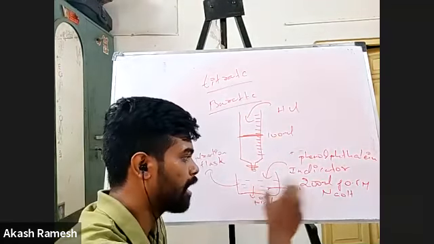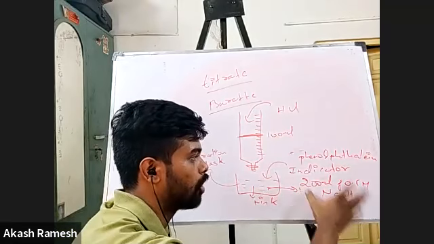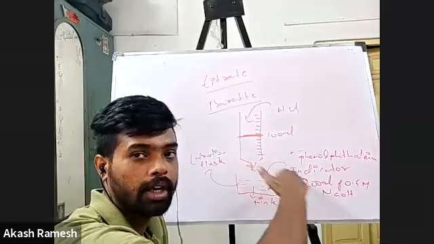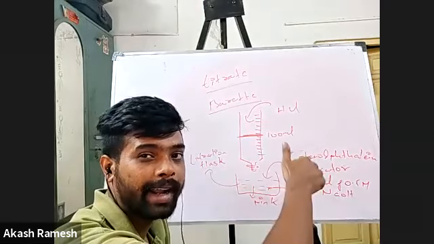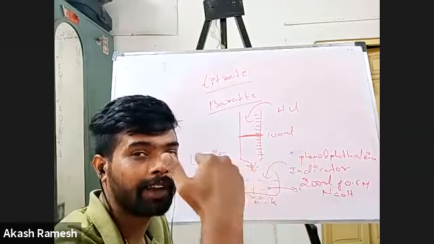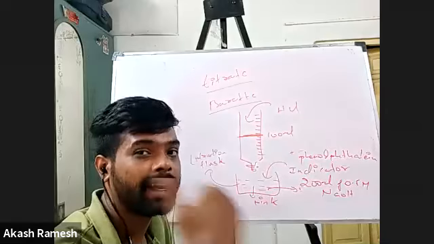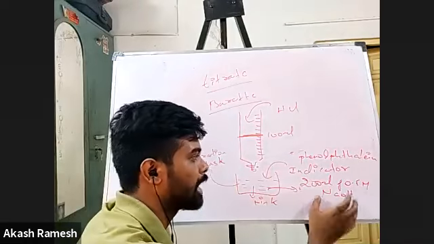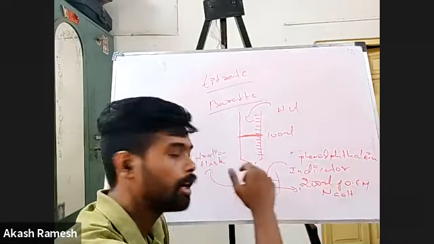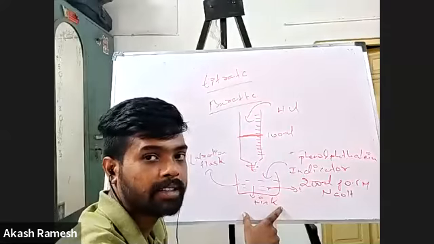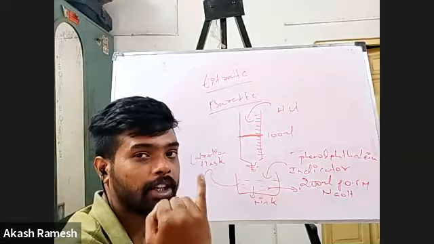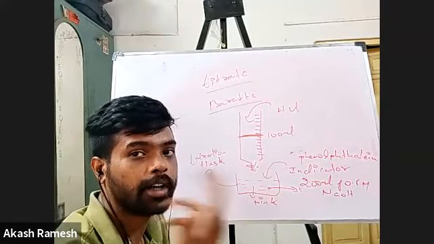And in the titration flask, other than my NaOH solution, I have to add one more thing, that is my indicator. Why is an indicator used? To detect when the reaction is ending. Since I'm using NaOH, phenolphthalein will be the indicator, which is pink in color in basic solution. When I have an acidic or neutral solution, it turns colorless.